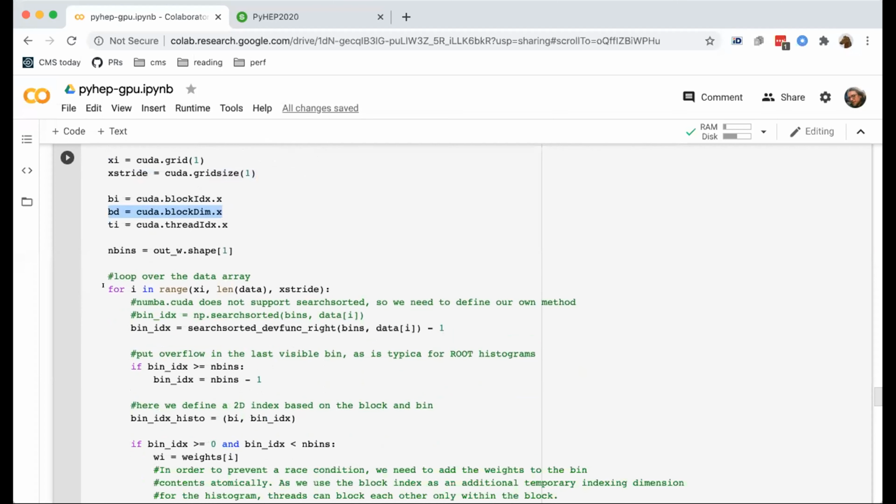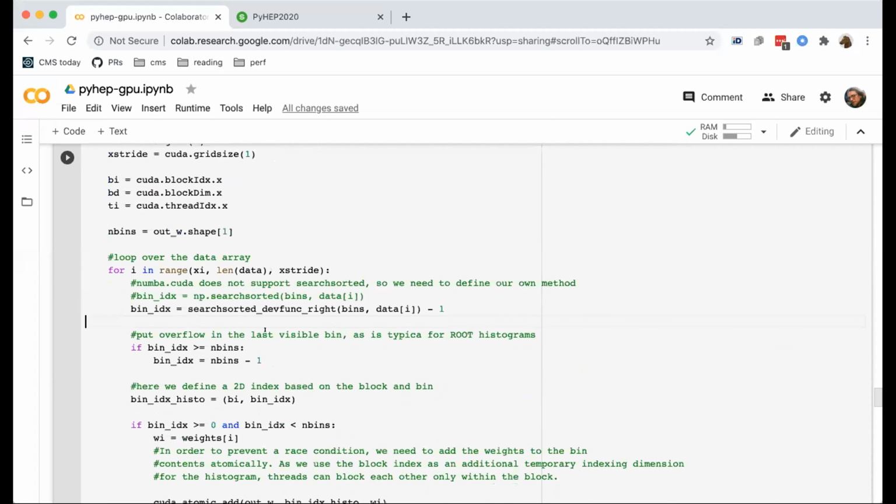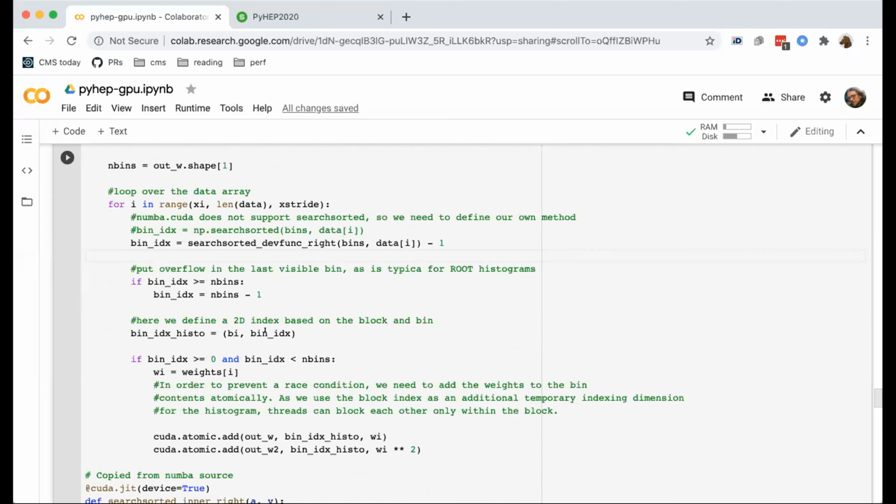So basically what we want to do is for each data point, we want to look up where it should be in the histogram and then fill that into the right bin. However, then you have the case where multiple threads try to fill the same bin. This is not thread safe and will result in a wrong output. So we need to do atomic operations in filling the bins. So we use CUDA atomic add